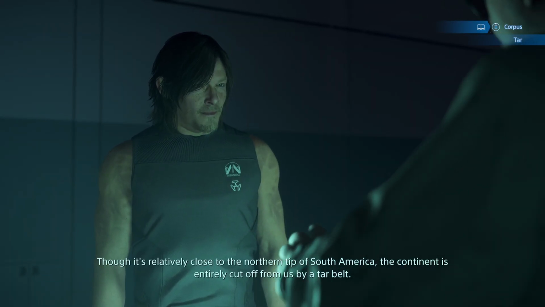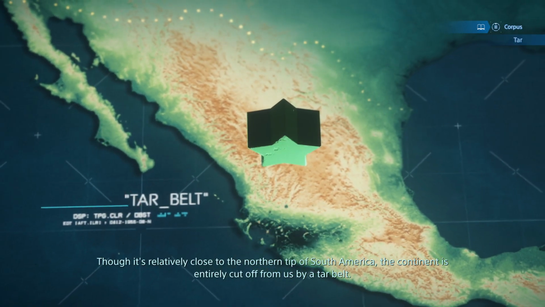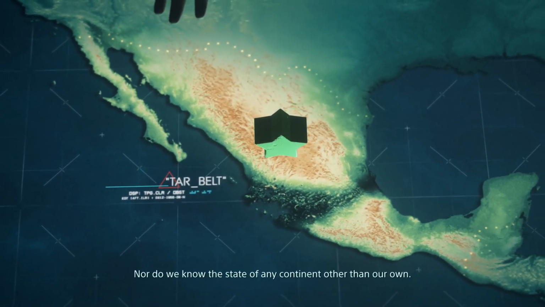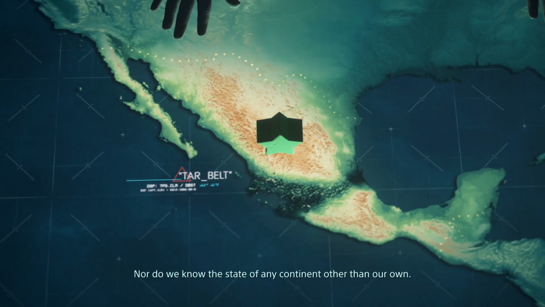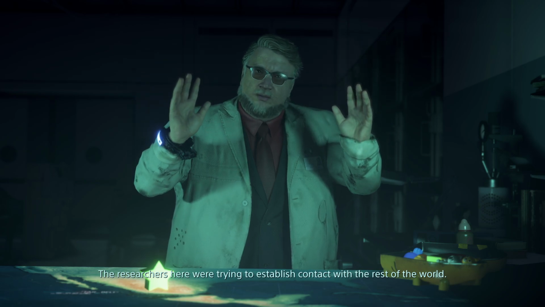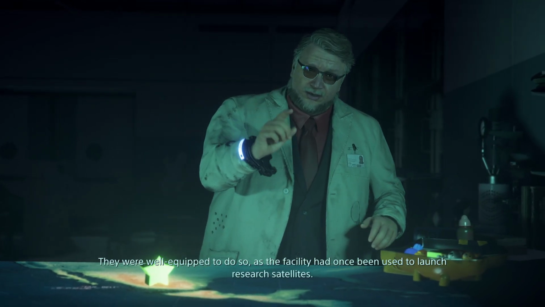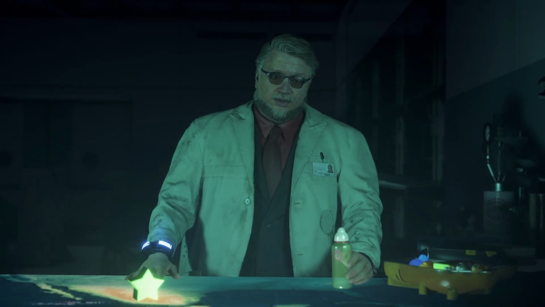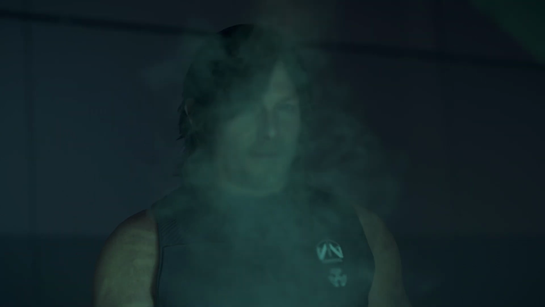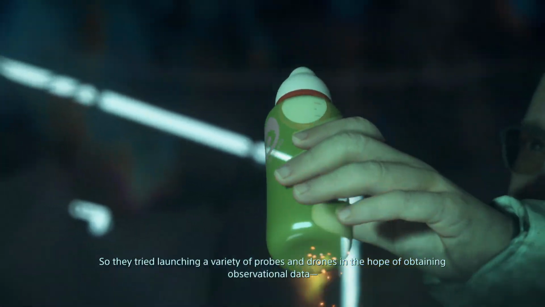Though it's relatively close to the northern tip of South America, the continent is entirely cut off from us by a tar belt. And so we have no idea what's going on down there. Nor do we know the state of any continent other than our own. The researchers here were trying to establish contact with the rest of the world. They were well equipped to do so, as the facility had once been used to launch research satellites. So they tried launching a variety of probes and drones in the hope of obtaining observational data,